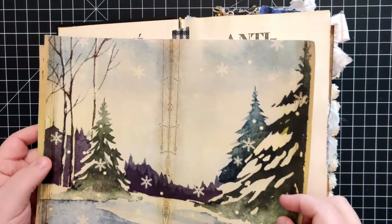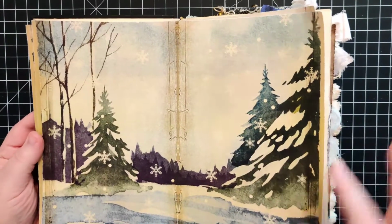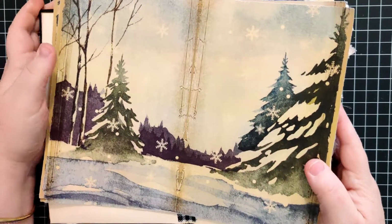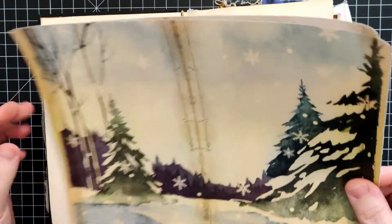Now, obviously this one, we've got trees on both sides. So at that point, then where do you put your house? I need to prop this up here. Let me pull this book out again. There we go. That'll help. Sort of even it out. It's a little high on this side. So anyway,